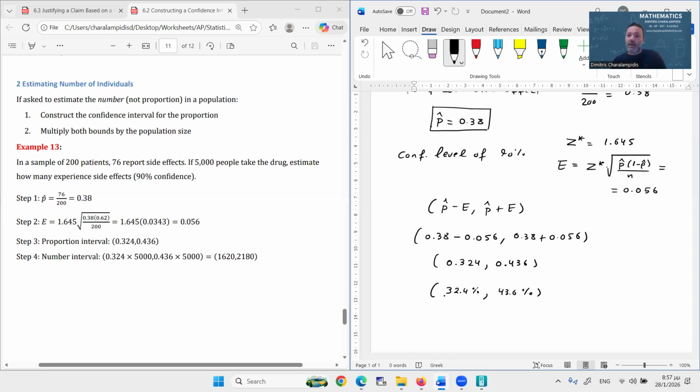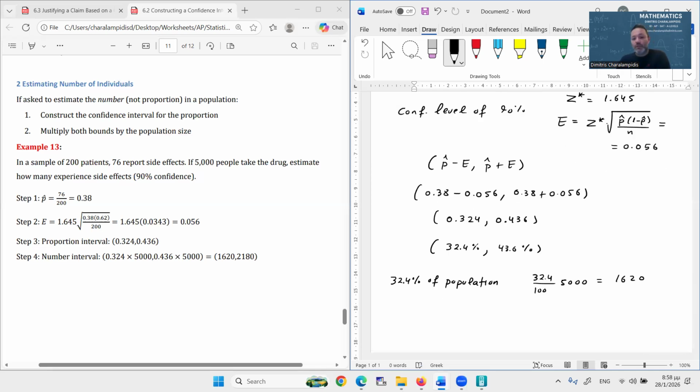If I cared about the exact numbers of individuals out of the population that report a side effect, all that I would need to do would be to translate these percentages into numbers. We expect that 32.4% of the population, and here in my shown example, I assumed that the population was 5,000 people. So 32.4% of 5,000 is 1,620,